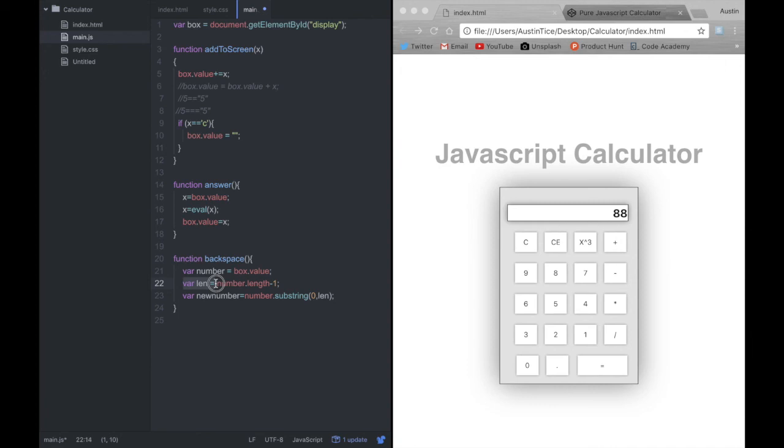Now we're saying the length is equal to the number dot length, which in JavaScript, in our case, would be 2, and then we're subtracting 1. So variable new number is a new variable saying I want the number substring, which always takes 2 parameters: 1 is the starting point and 1 is the ending point, and the ending point is the length. The ending point is this last 8 right here, right? So now,